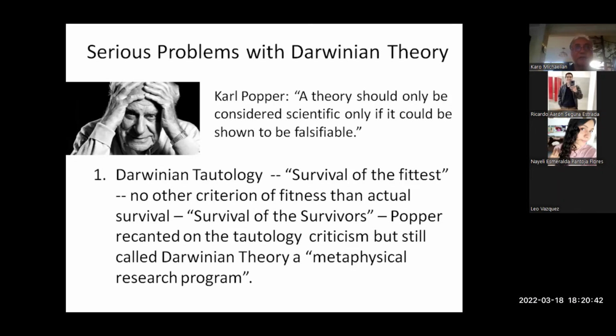But in general, the system is so complex and so hierarchical in structure and interconnected that it's almost impossible to say what are the characteristics that an organism needs to survive. And so you end up saying that those better adapted are those which survive, but then you're saying survival of the survivors and nothing else. So you still have this tautology.